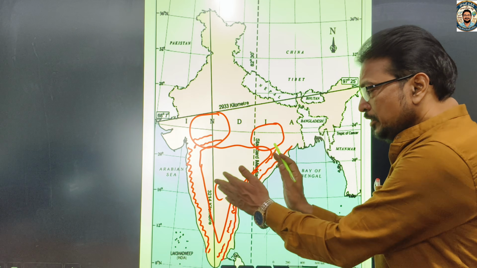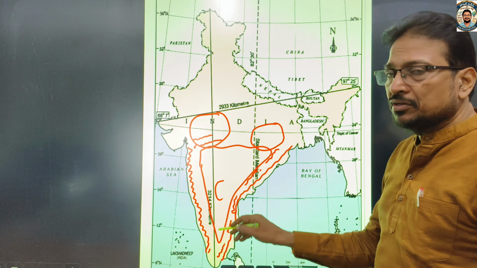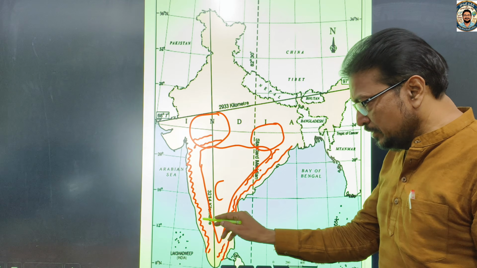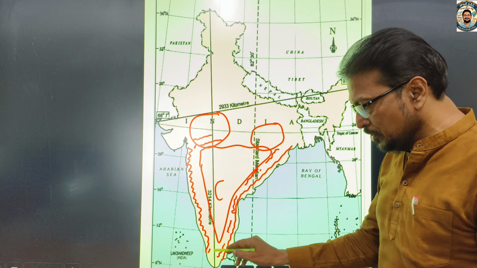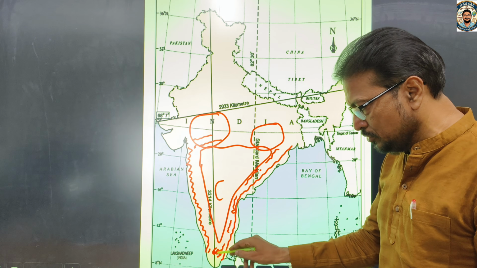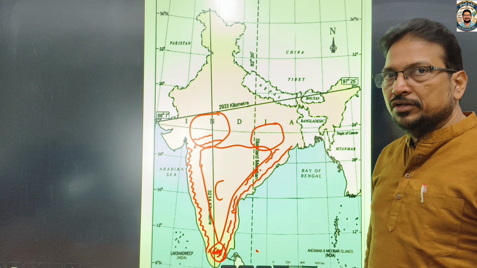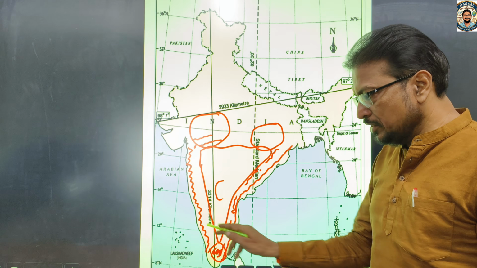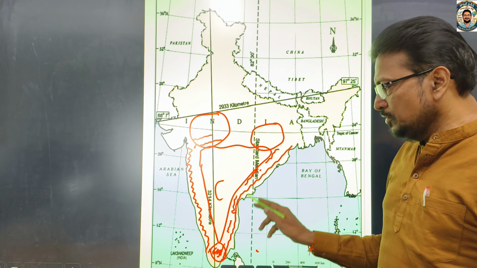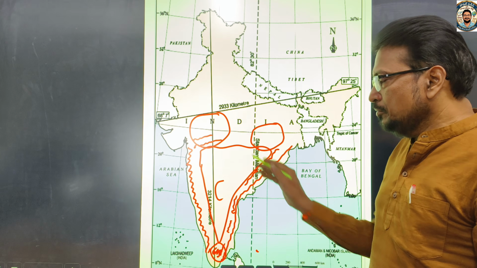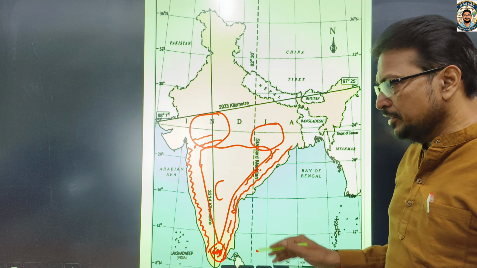In between the Western Ghats and Eastern Ghats, the Deccan Plateau is situated, and these Western Ghats and Eastern Ghats join together near Gudalur in Tamil Nadu. These are the Nilgiri hills. So these are the Western Ghats, these are the Nilgiris, these are the Eastern Ghats, with the Deccan Plateau between them. Next,